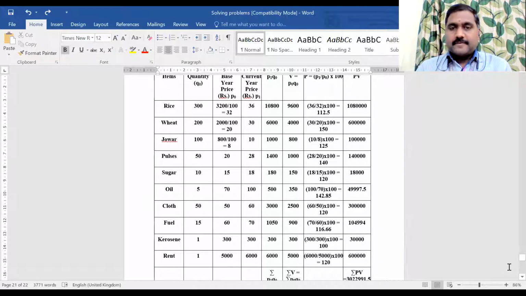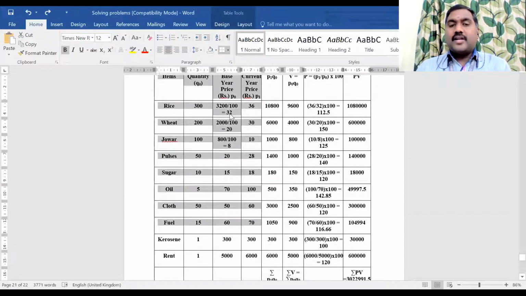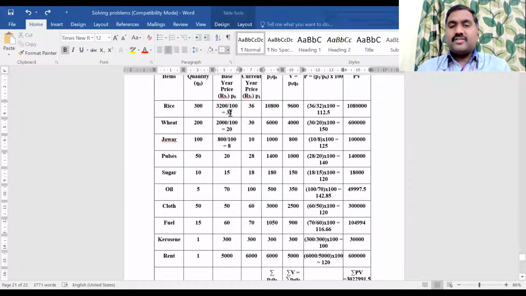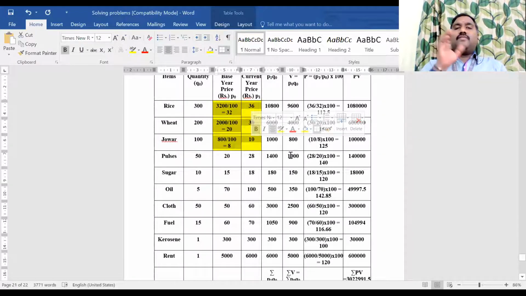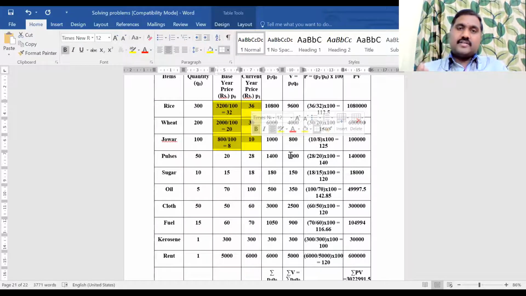Okay, so you know this is item quantity. I already told you these are all given values, guys. Please understand. And why, sir, you didn't mention 3200, you mentioned 32, 36 means we have changed these three values, which are highlighted in the yellow color. I have changed these three values, converting the given unit into kg. That means 1 quintal is equal to 100 kg, so I'm converting that value into kg. That's why I divided by 100. Why divided by 100 means there is a note: 1 quintal is equal to 100 kg. If 1 quintal is equal to 1000 kg, I will divide by 1000. If 1 quintal is equal to 500 kg, I will divide by 500.